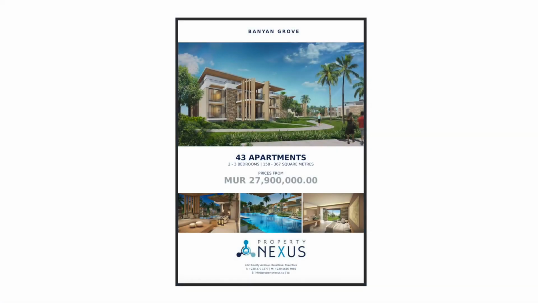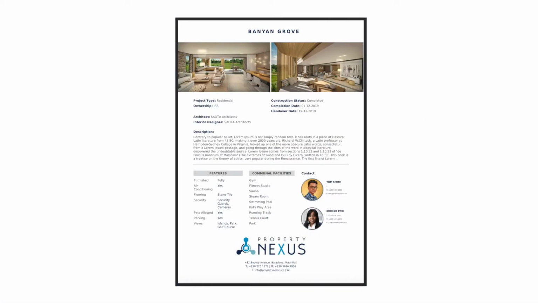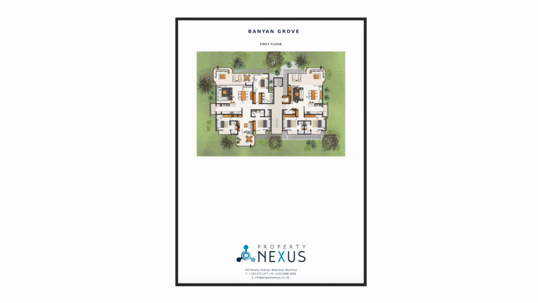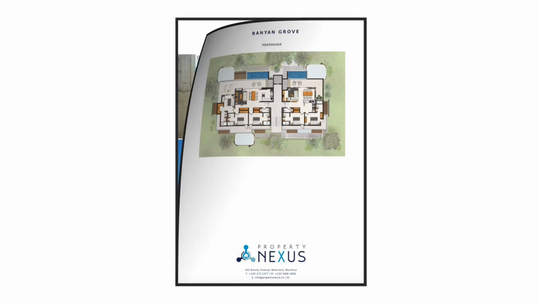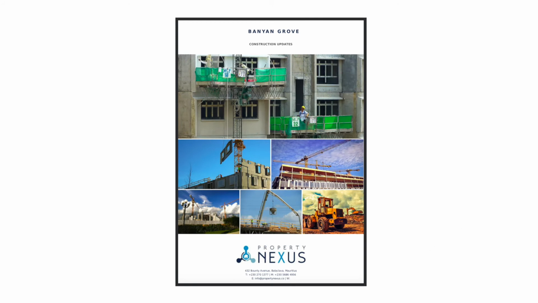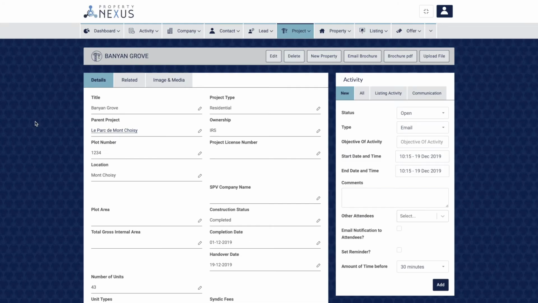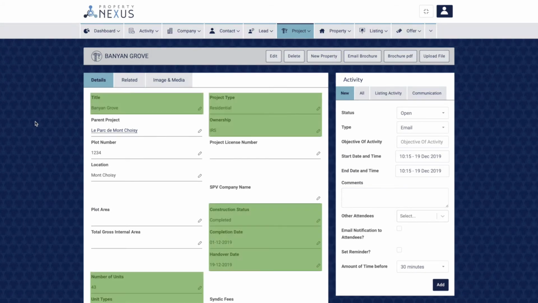Project brochures can be downloaded or emailed to contacts from the project record page. This standard template will automatically generate the brochure with all the details and images that have been entered into the project's record correctly. You must make sure that the following fields have been filled in to ensure no information is missing from the brochure: title, number of units, unit types, project type, ownership, construction status, completion date and handover date